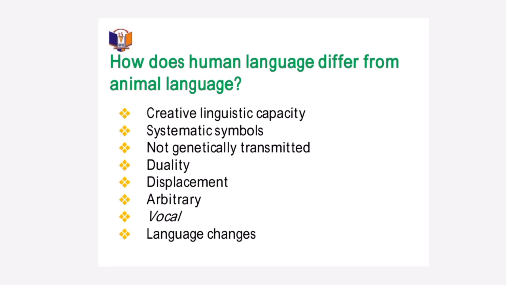The animals have genetically transmitted language, in the sense that a cow moos. In the same way a mother cat meows, that's the way a kitten meows. In the same way an ox, a bull moos, that's the same way a calf would. Okay? But it is not the same with what? Humans. Humans have their languages developed on their own.